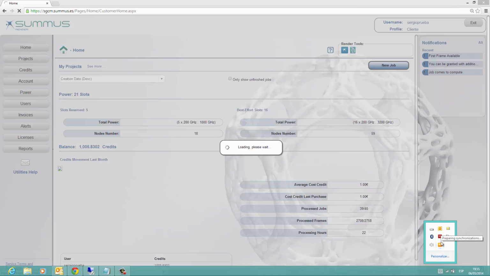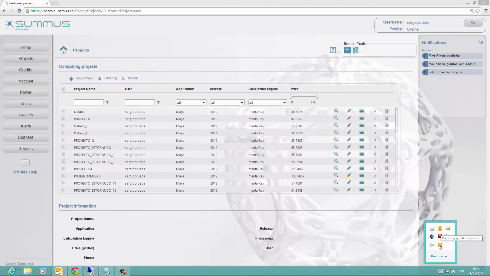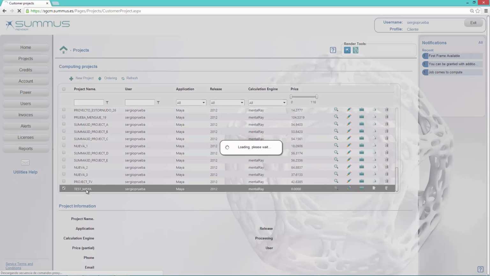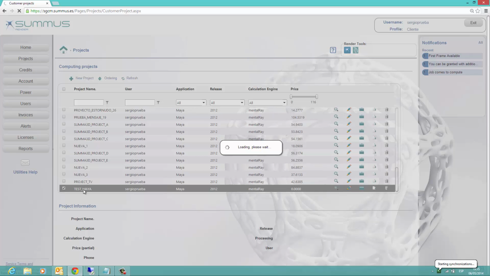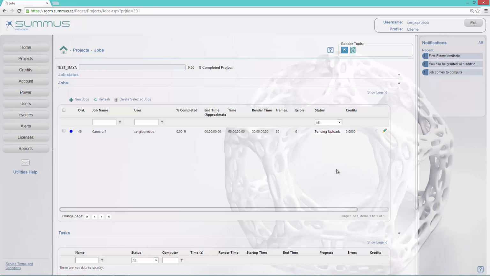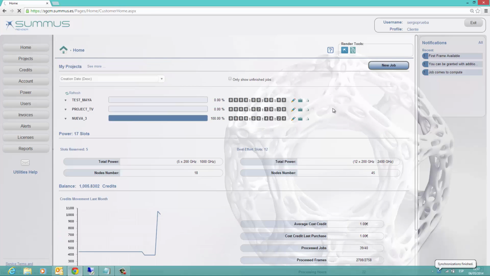Right here we see that the app is setting up synchronizations, and it will shortly start syncing up. We see that the project is now created. The synchronization has already started, and now the job is pending to be uploaded. Now we see that the sync process is finished,